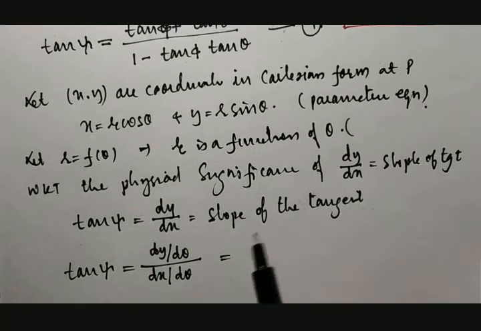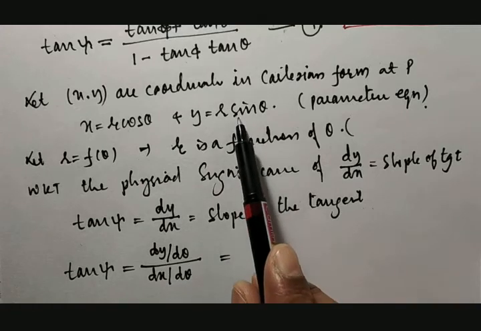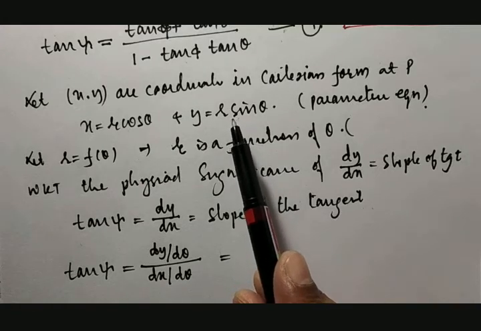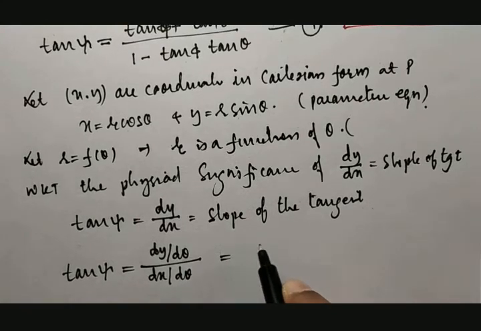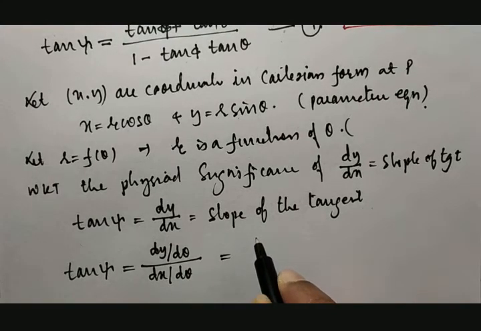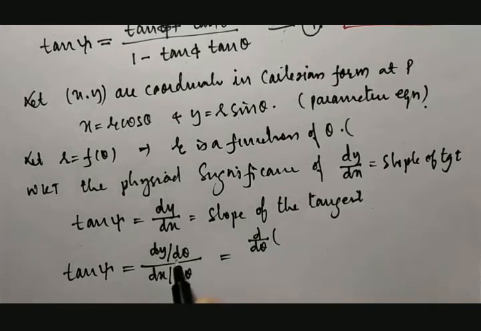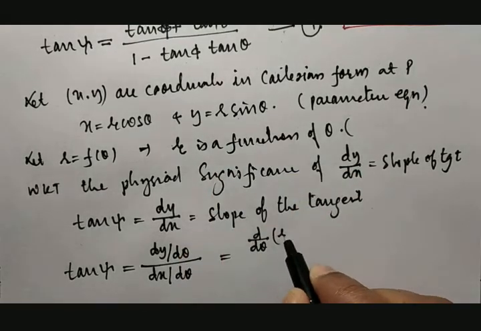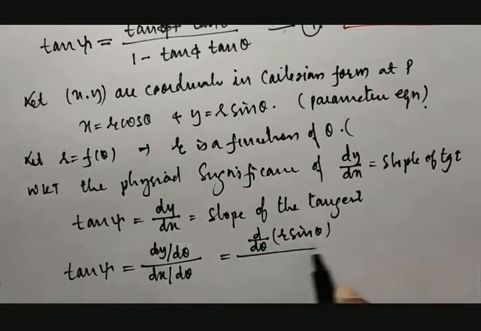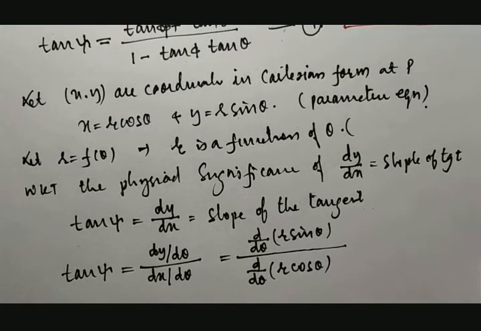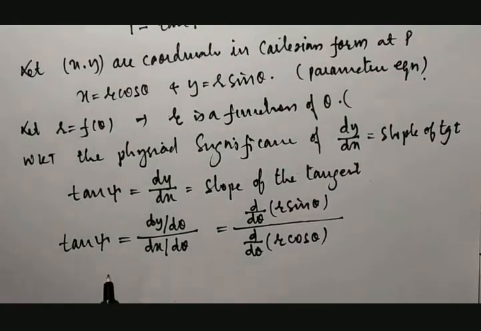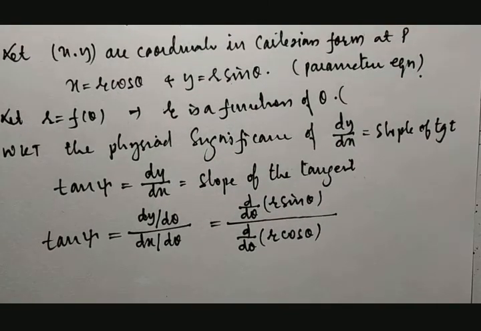Therefore, differentiation of y with respect to theta, what is it? It is nothing but d by d theta of y, where y is equal to r sin theta, divided by d by d theta of x, where x is nothing but r into cos theta. Therefore, tan psi is equal to